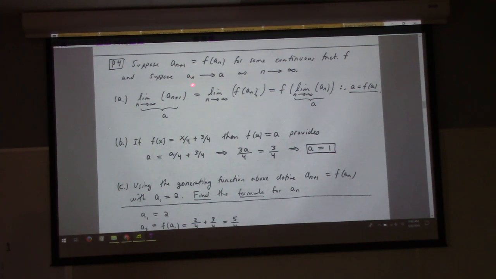Because if you do have a limit, if you think about the defining relation for the recursion, you take the limit as n goes to infinity of this, it must be that the limit a is equal to f of the limit, which is f of a. So that means that the value to which the sequence converges must satisfy this fixed point condition. In other words, a is equal to f of a. Notice that a equals f of a is just a plain equation, completely divorced of any sequential anything. It's just an algebra problem, right?